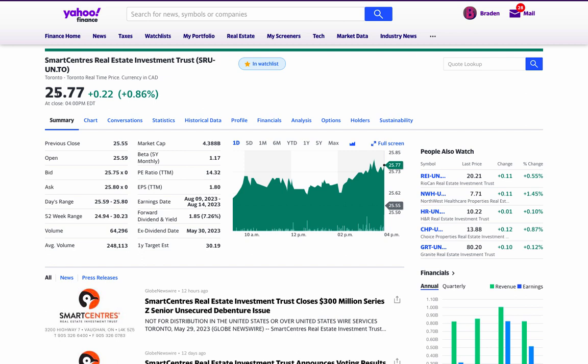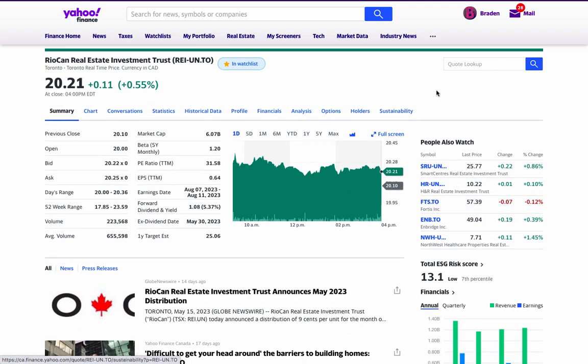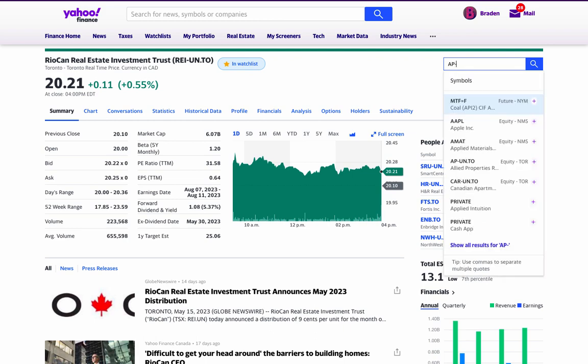So here I have Smart Centers 2577, REI, you can see it's 2021, Northwest Health 771, HR is 1022, Granite is 8020, and I think that's all of the REITs that I own. I think also Allied Properties, we could probably find it. If it's not showing up, you can just type it in,